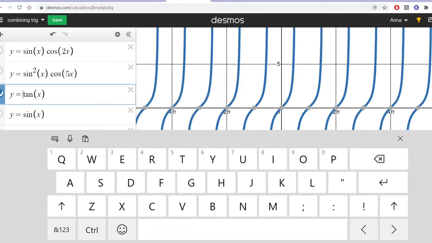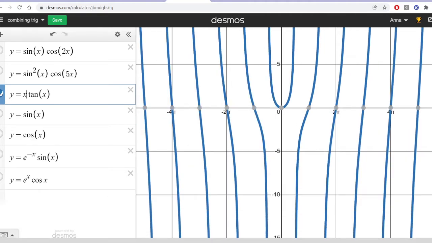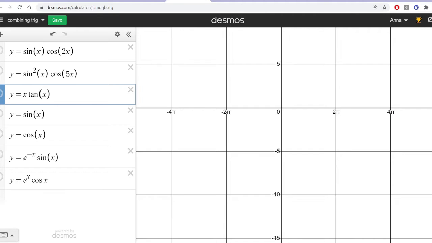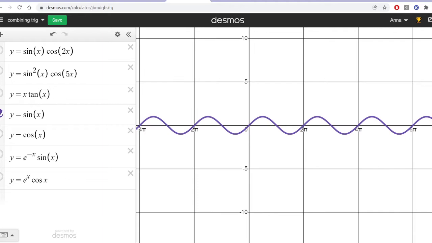Maybe I'll just remind you, that's what tangent looks like. And if we make it x times tangent of x, it changes to looking like this. Last couple examples I want to show you, these are ones that we're actually going to be looking at in this video. So if you take sine of x and multiply it with an exponential function,